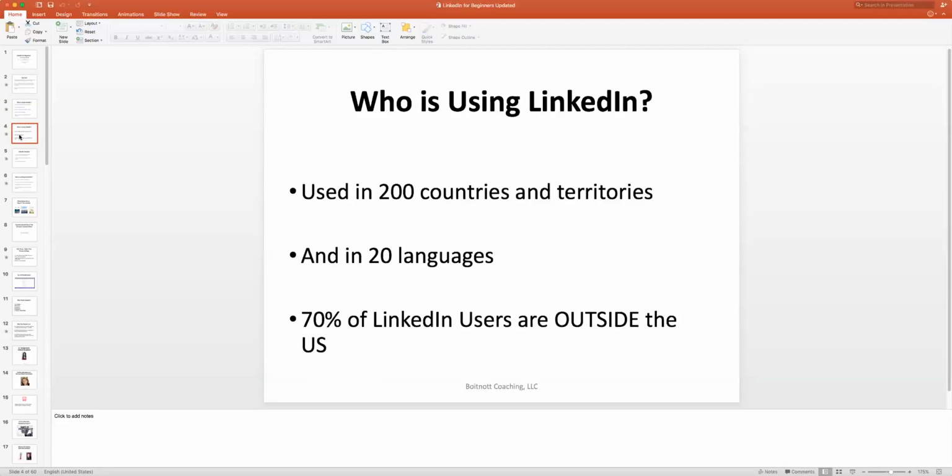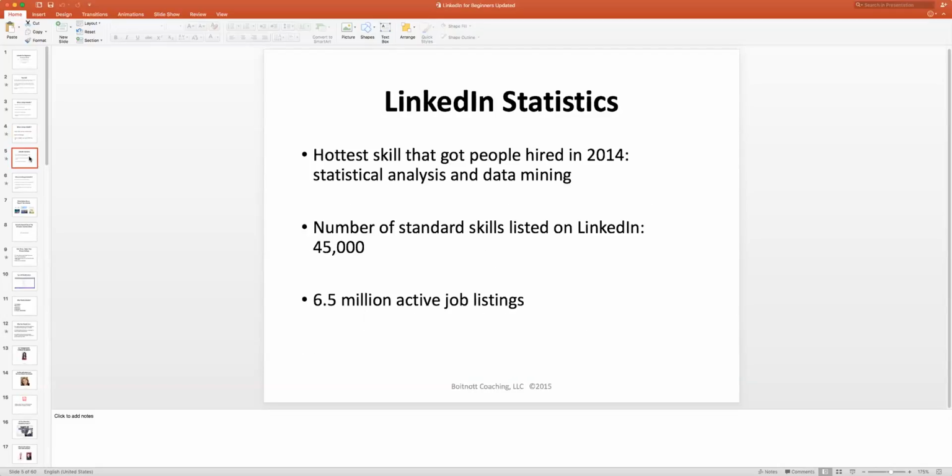Who's using LinkedIn? Well, it's currently being used in 200 countries and territories in 20 different languages, and 70% of the LinkedIn users are outside of the US. According to one specific statistic, the hottest skill that got people hired in 2014 was statistical analysis and data mining. Companies want to track their success, and so they're looking for people who can provide insights based on their